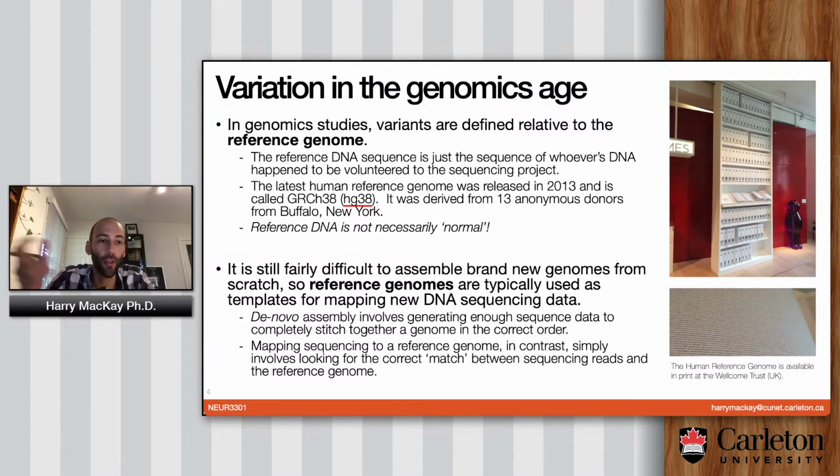So they essentially just got 13 random people, sequenced their DNA to a very high depth, put it together and said, okay, this is the baseline genome, these guys from Buffalo. Now, that doesn't mean that this is normal or that this is the standard way that the human genome should be. All it means is that you've got to have something that's the baseline in order to make comparisons to. So, naturally, that happens in the place that's doing the most sequencing and has the most resources to do this. So this happens to be some random guys from Buffalo, but that's not the normal DNA. It's only the reference DNA.